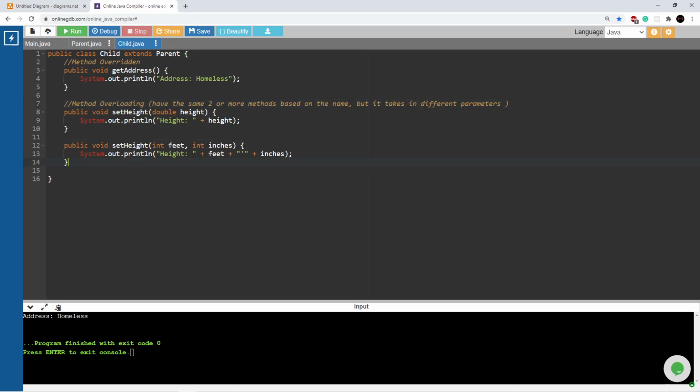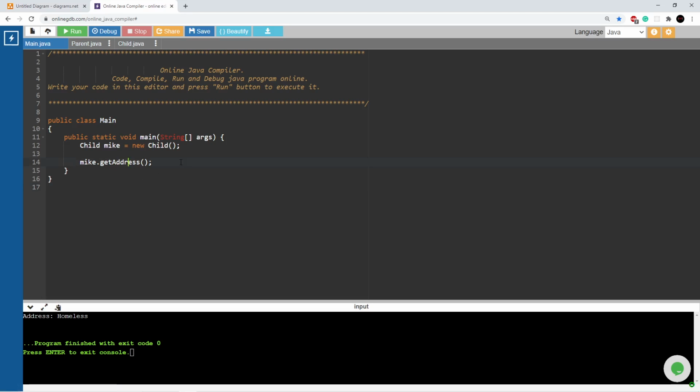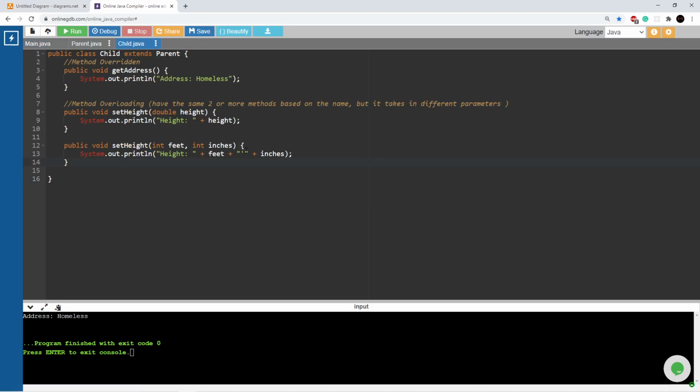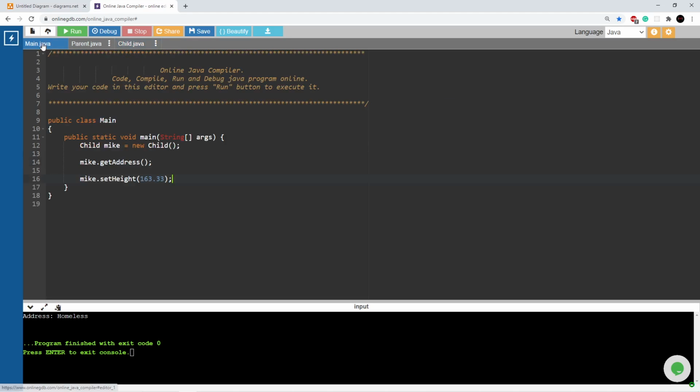Now let's use one of these methods in our main class. So we're going to say Mike.set height. For this one, we'll pass in a double. So this one, let's assume this is in centimeters, right, 163.33 centimeters. Give it a unit, centimeters, and then feet, and inches. Awesome. So now I passed in a double